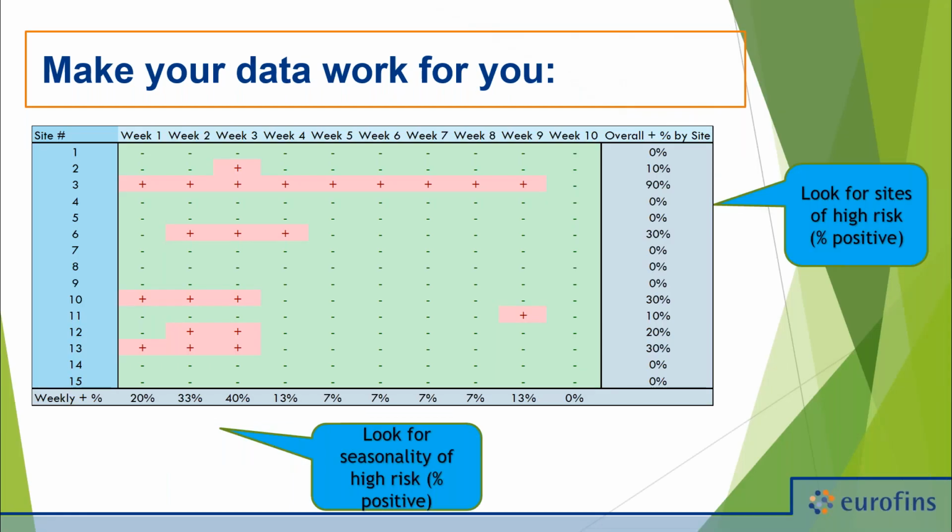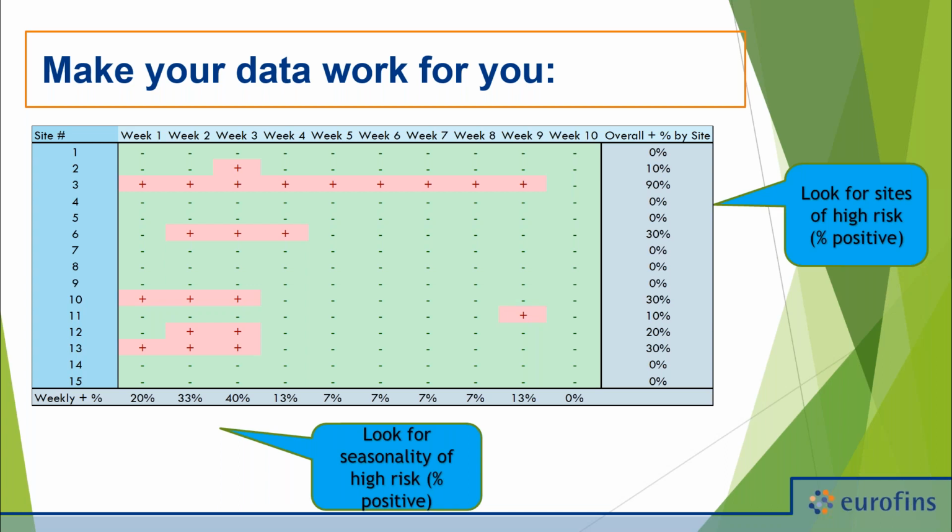Another way to look at it, this is something that Dr. Doug Marshall, our CSO, often presents, is maybe you don't have a facility map, but you can certainly set up an easy spreadsheet like this, where you have each of your sites, and you can look at over time the positivity of that one site in relation to other sites, as well as seasonal based on when you're taking it. So if you look at this one, site 3 has a much higher hit rate than the other sites that we're monitoring in our program.